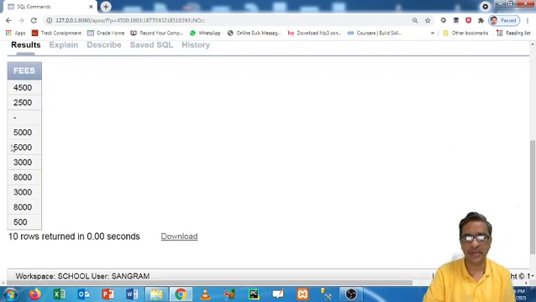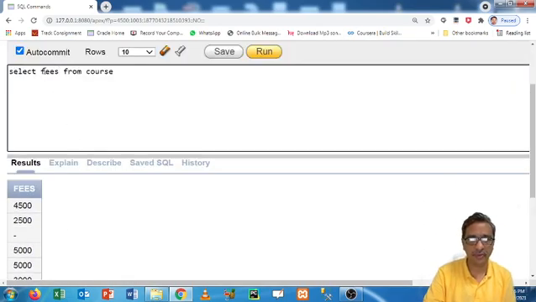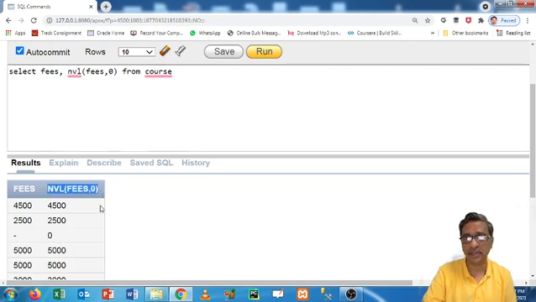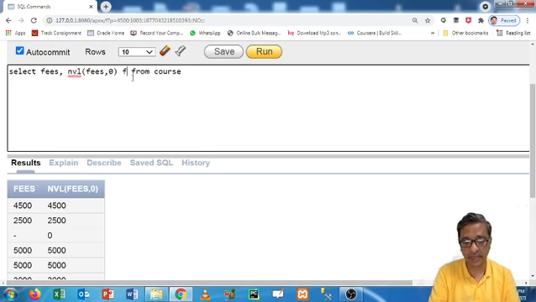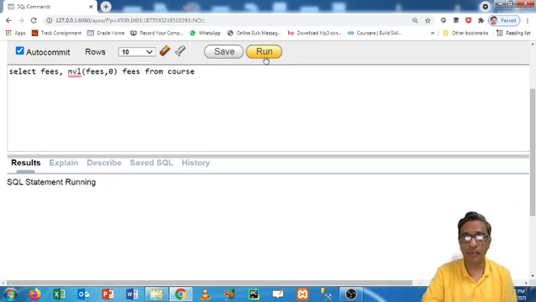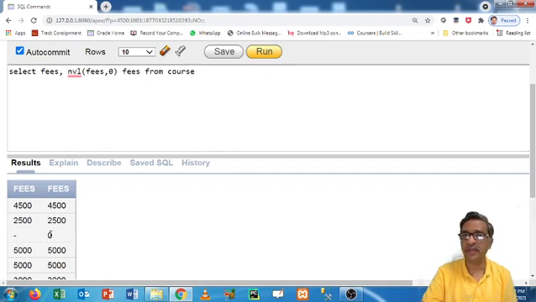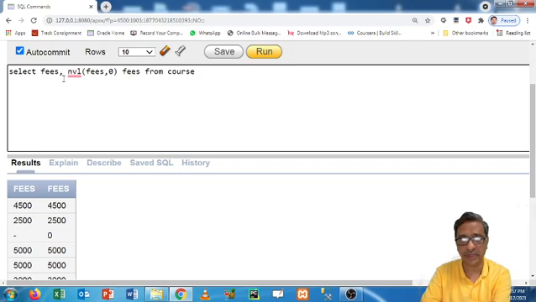Okay, this is all the fees data, this is the null fees. So if I use here NVL, I think you know NVL, null value. If a value is not present, it will consider it as 0. So instead of this, just for your comparison, if I use this, check here, this dash is considered as zeros. The only problem is the heading it gives as NVL, so we can remove that with the help of fees again. So it gives you fees, and this fees is the original fees, and what we have done is the NVL. Right now NVL is important for us.